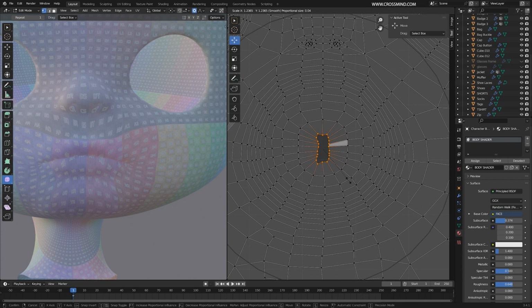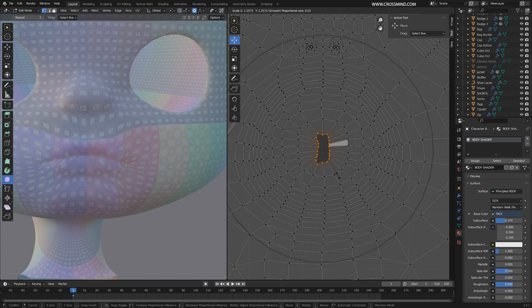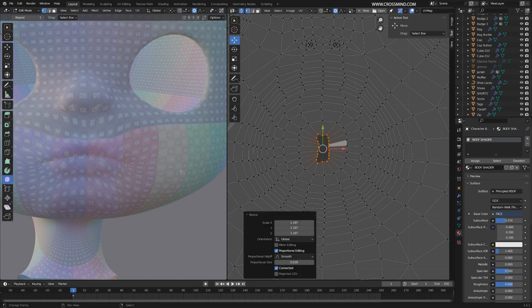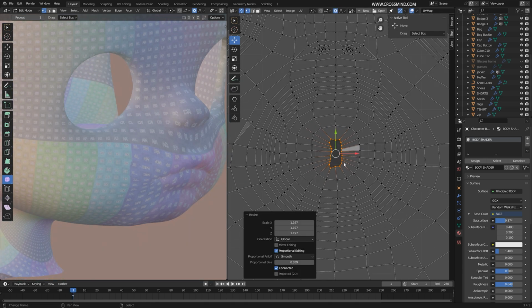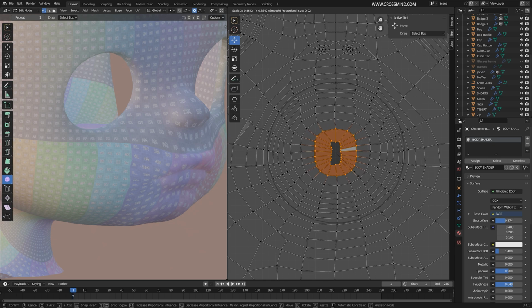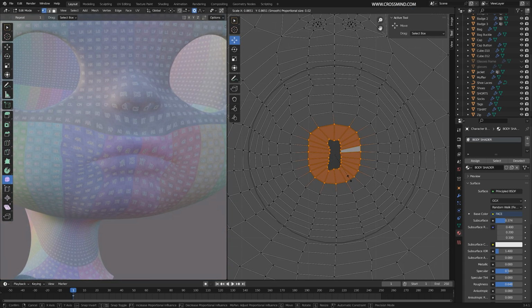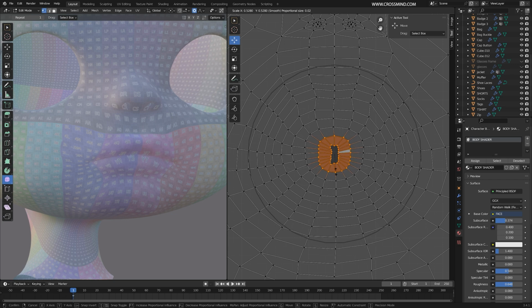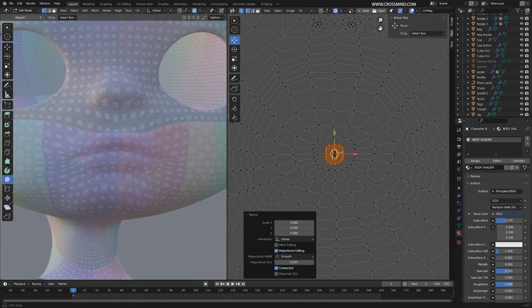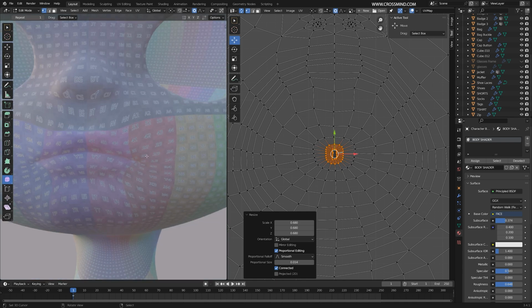Yeah, just scale it up a little. Scroll your brush up and down with the mouse wheel when using proportionate editing. I think this might work. We just need to be a bit more subtle. And the inside of the mouth, I can scale down like this. Yeah, I think that did the trick.